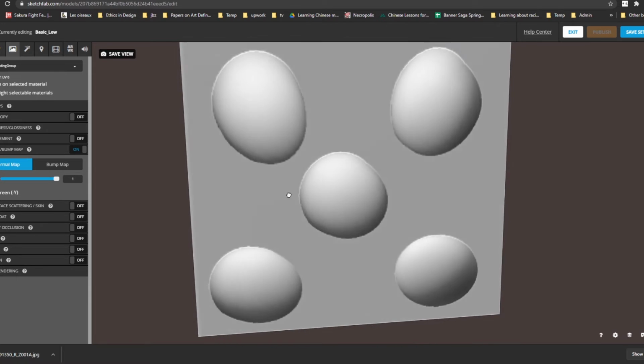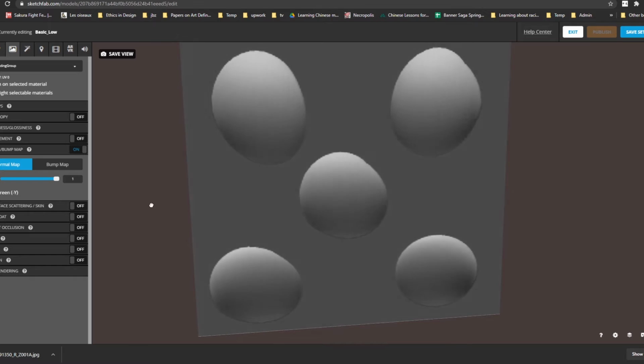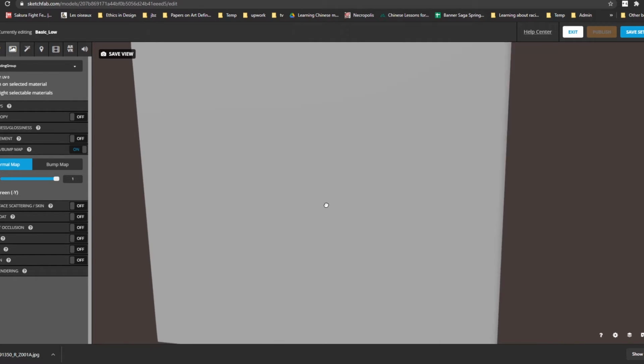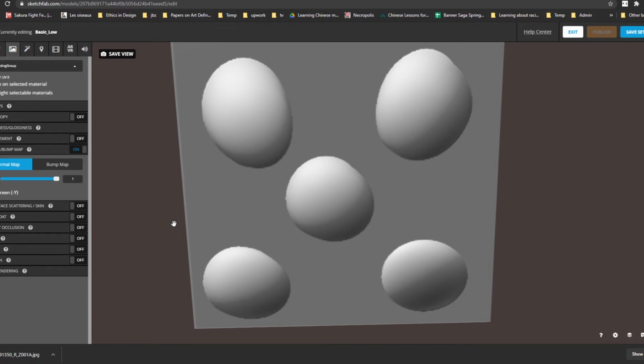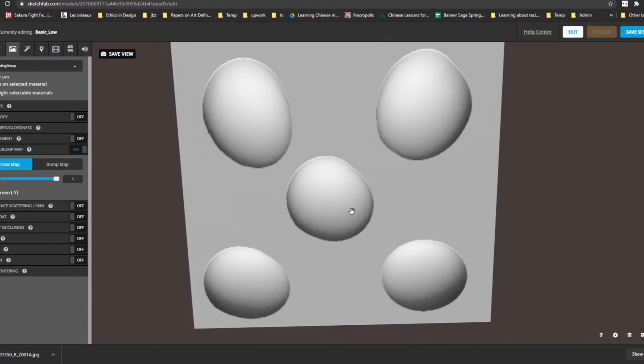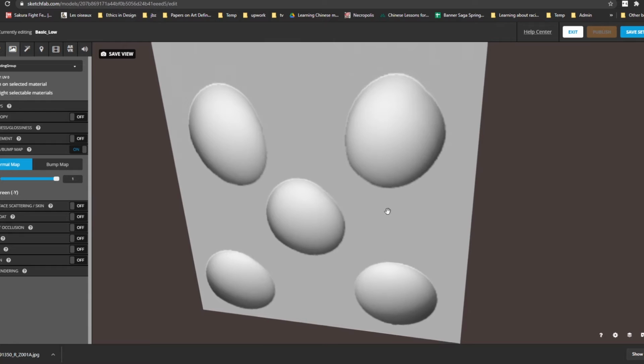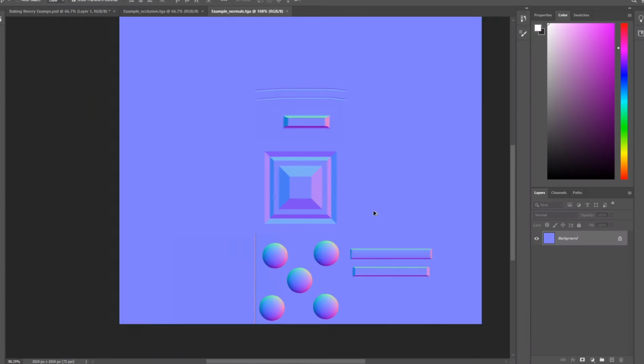And you can see as I turn my light left to right, it's actually changing the shadows and the light. But it's flat. So this is what the image is doing. It's feeding information to the system and saying, simulate this. This is the light direction. And the way the map does this is, if I go into Photoshop, just to show you a bit more